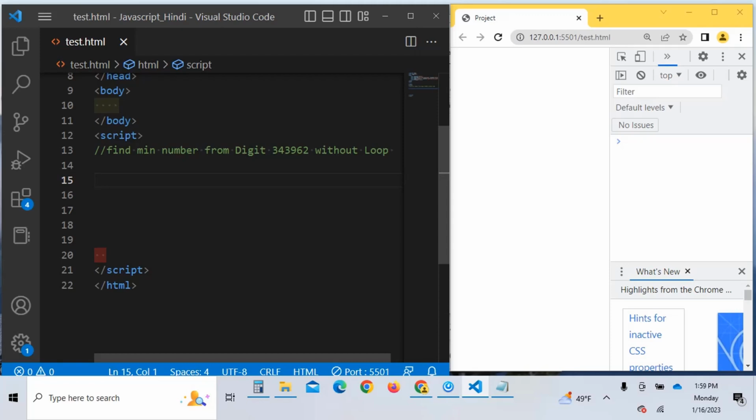Hello friends, in this video tutorial we will see how to find a minimum number from the digit. So it's not an array, this is the digit, and we have to find from that particular digit what is the minimum number, and also we are not going to use a loop. So let's start. First we create a variable and we will say number equal to,